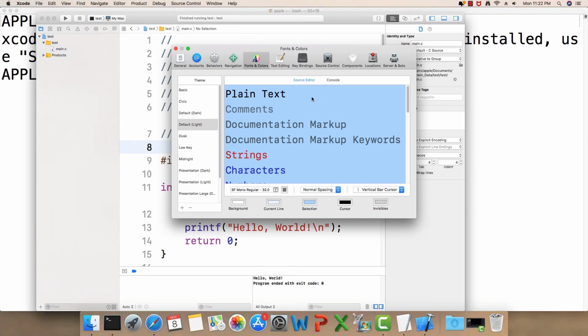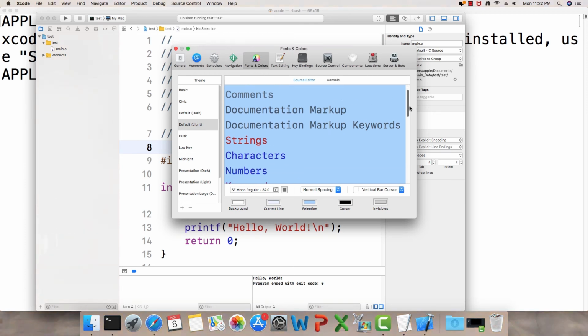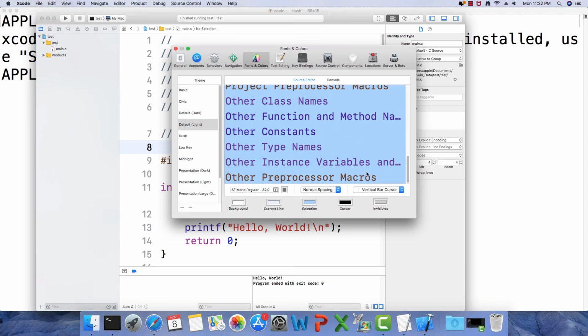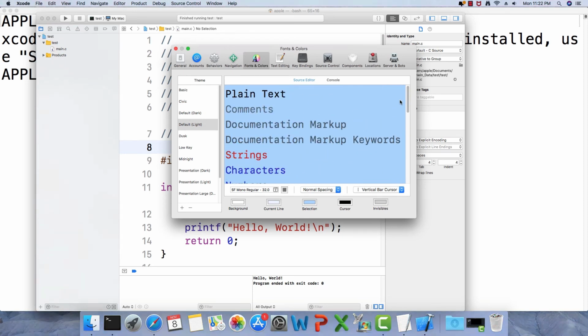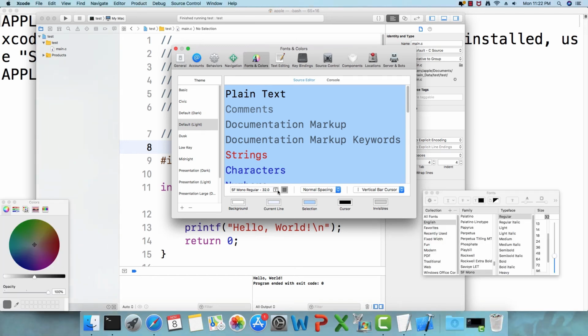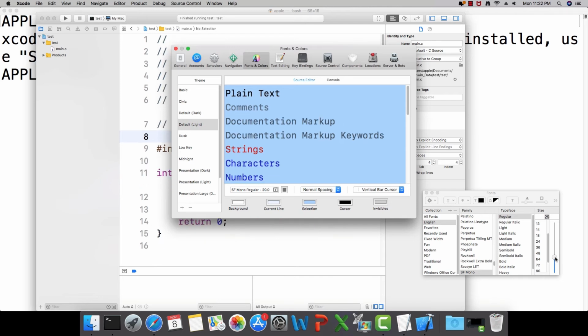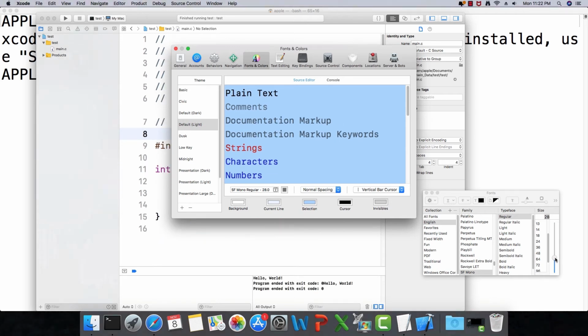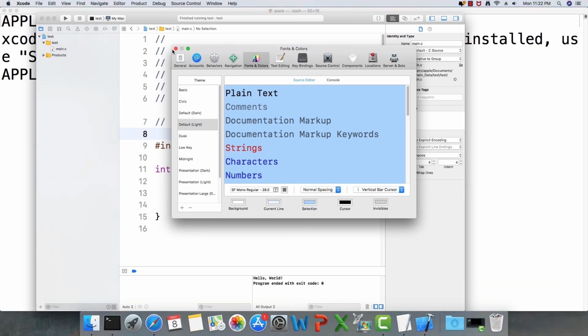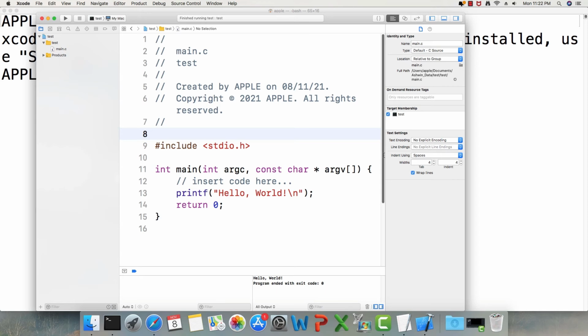And then I have chosen everything here. So I just press shift key and then while it is pressed, I click the last option here. So it shows everything. Now here we can click the font option and we can change the font as per our convenience. So earlier I had 32 and now I'm changing it to 28. So this is how we can change the font in Xcode editor.